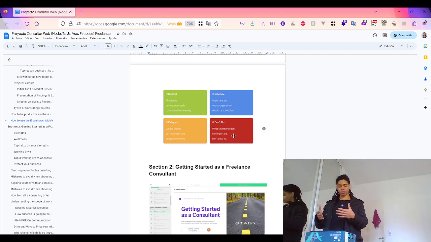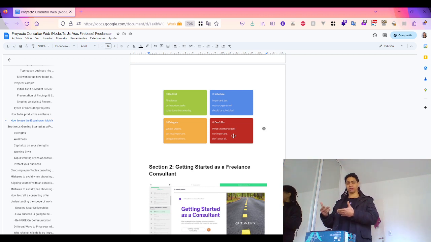In section two, we talk about, once you know the fundamentals, getting started as a freelance consultant. That is, first identify your strengths and weaknesses, things that you have experience in, that you excel at, or that you have interest in. And then identify your working style and the different consulting working styles, whether it's one-on-one with a client or training and teaching,